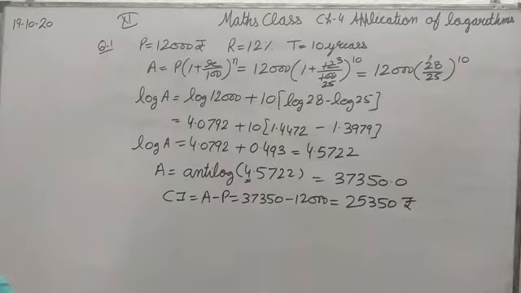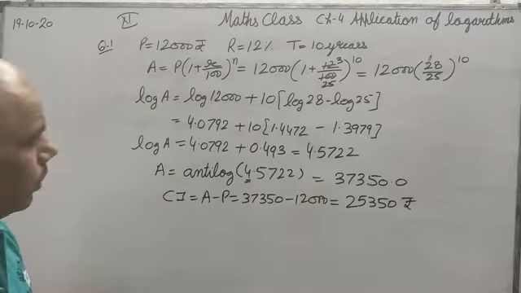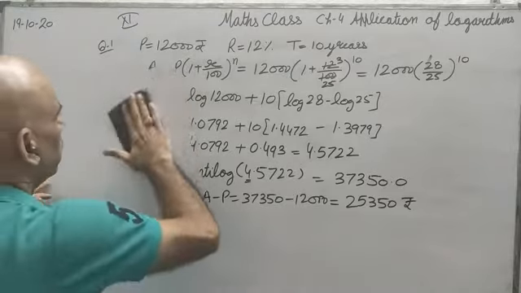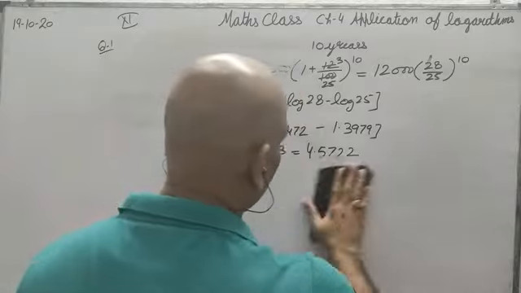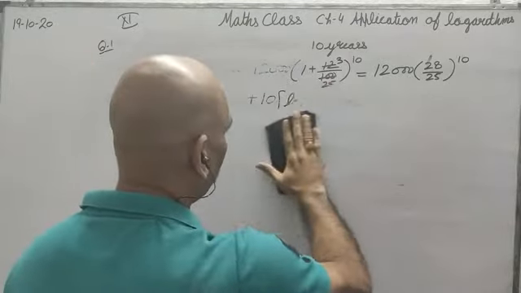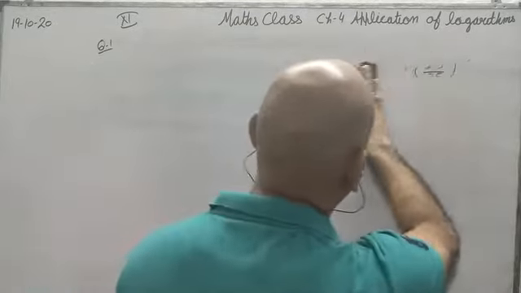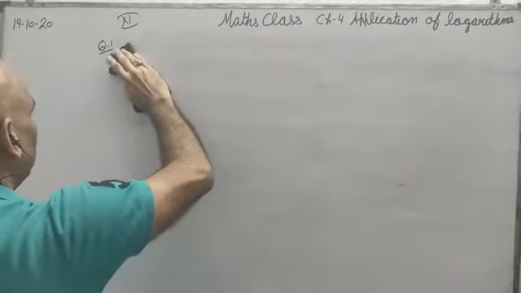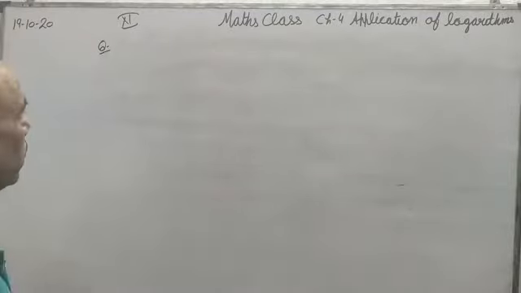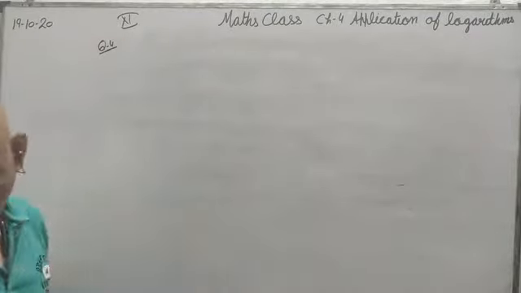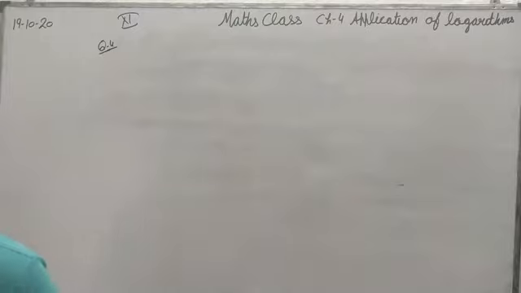I'm telling you question number 4. In question number 4, he is trying to tell us that the amount is being compounded quarterly. Compound interest is calculated quarterly. Quarterly means interest will be calculated 4 times. So the value of K will be 4 in the formula which we have discussed. Question number 4: find the compound interest on 6,000 rupees for 9 months at 10%.